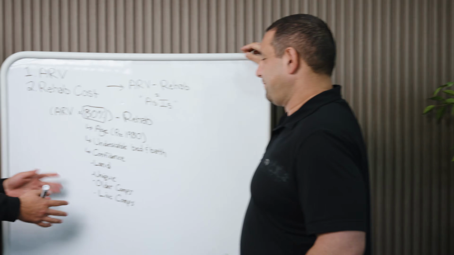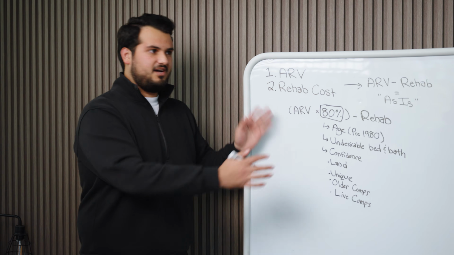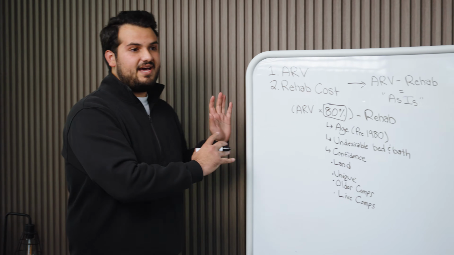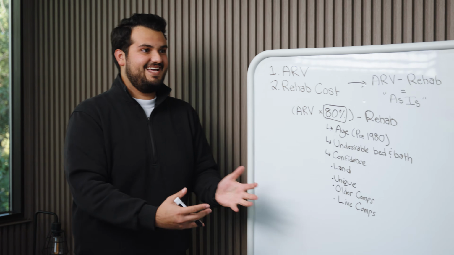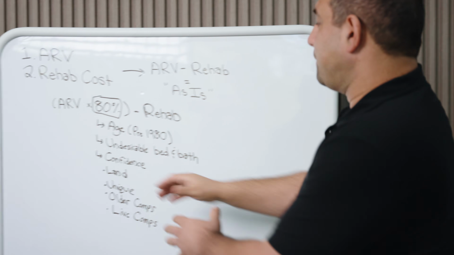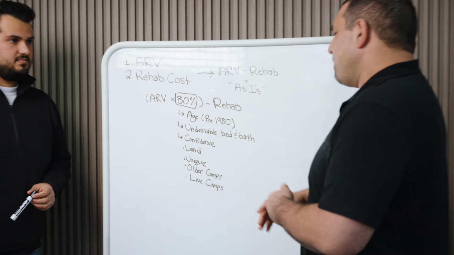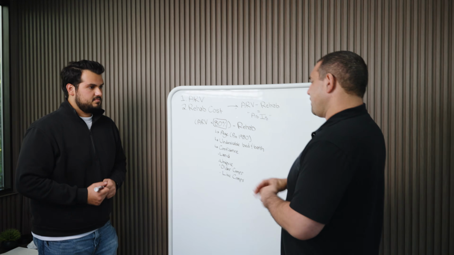That used to not happen much, but it's happening a lot right now. One thing that I tell a lot of people when I'm teaching them to underwrite is the current market trumps the comps that you're seeing. The comps don't matter when the current market is less than that. Okay, so let's say there's a current market. Obviously if all the comps are 200,000, and now there's stuff on the market for 190, 180, that's going to hurt it. But what if there are no comps that are 180, 190?